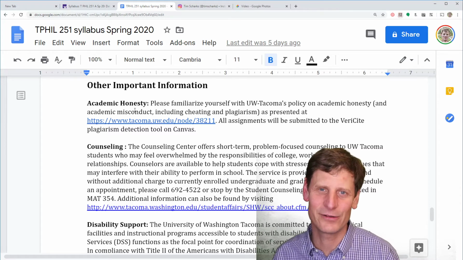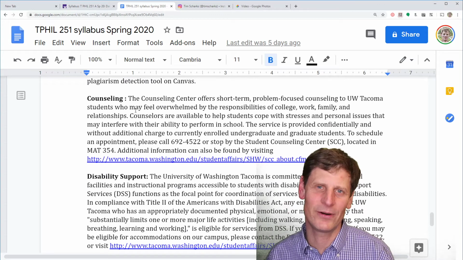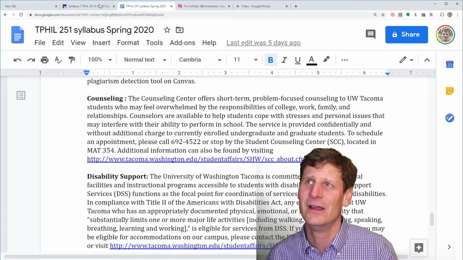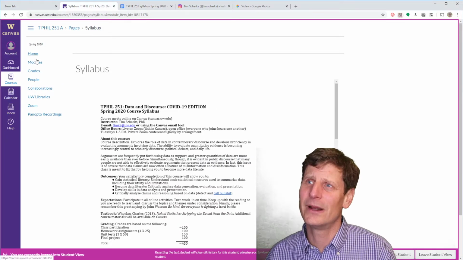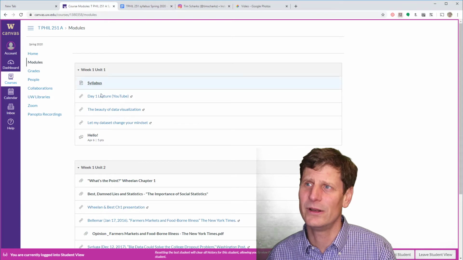And that solves all these problems. Counseling is really important, and especially important right now because a lot of people are going through a lot of stress. Really quick note: I didn't point this out earlier, but here under week 1, unit 1,